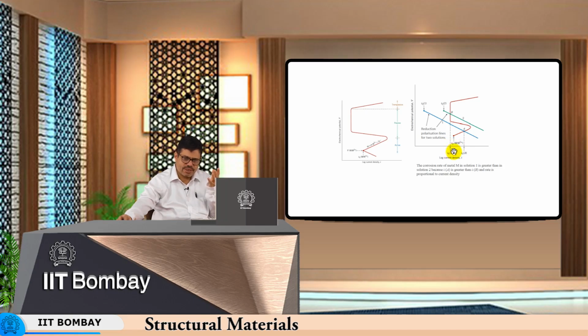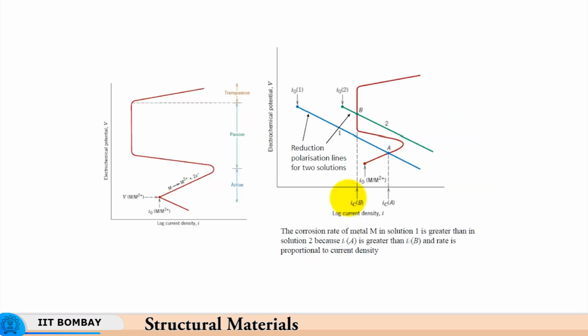So, this current density I_CB would be about 1000 times less than current density at A, and that is the reason why it makes so much of a difference when it comes to the rate of corrosion. So, if we calculate the corrosion rate with this, we might get it 3 orders of magnitude less than what happens here. So, that is how the passivation results in further increase in